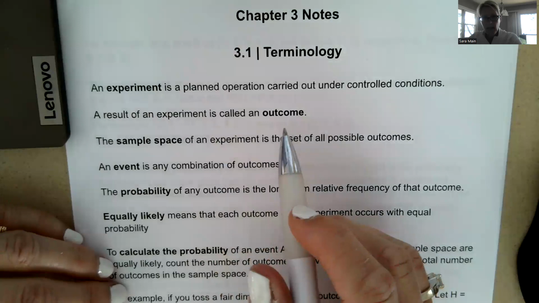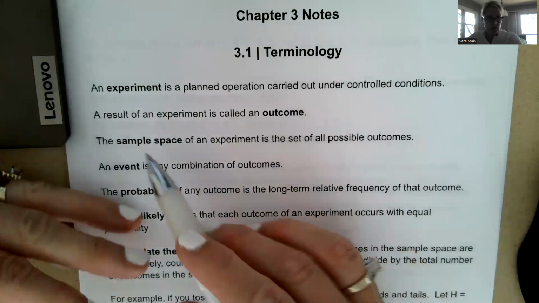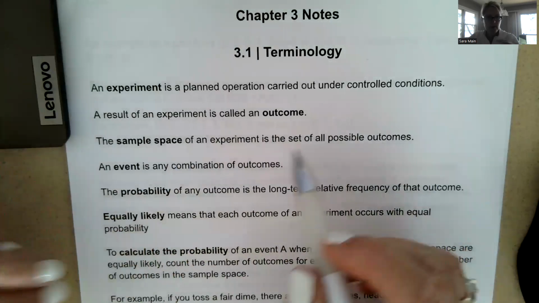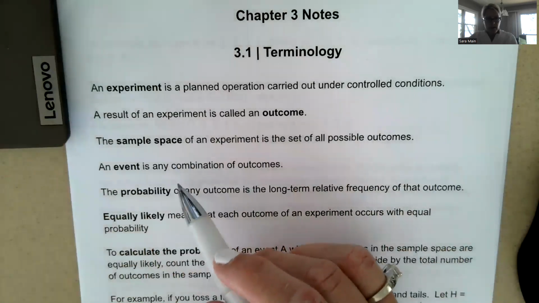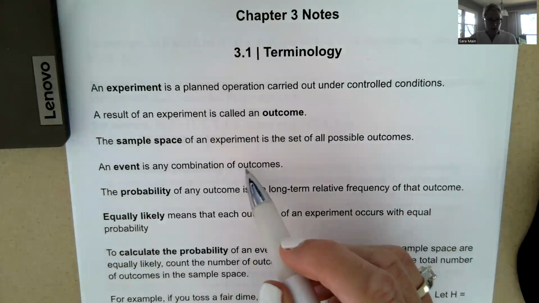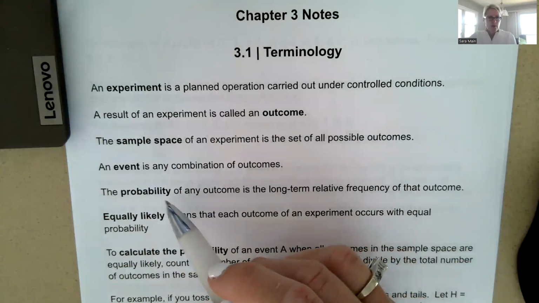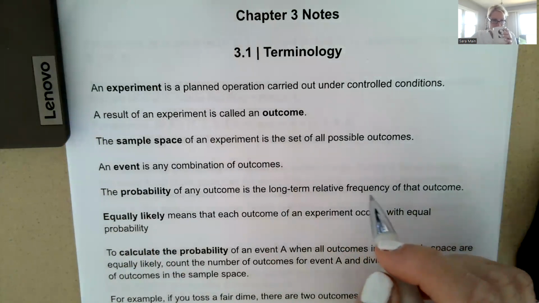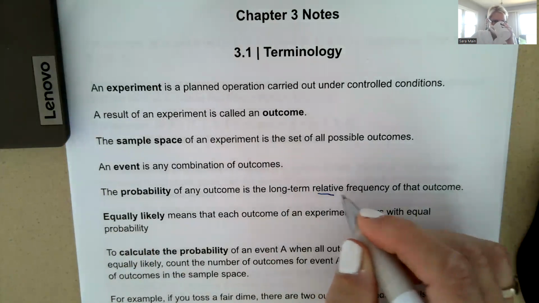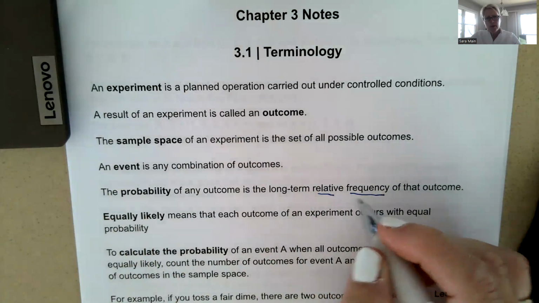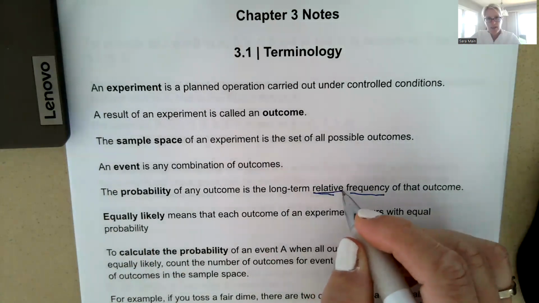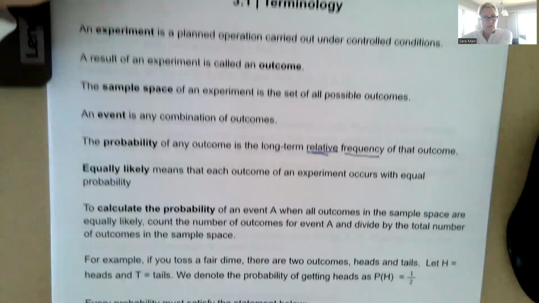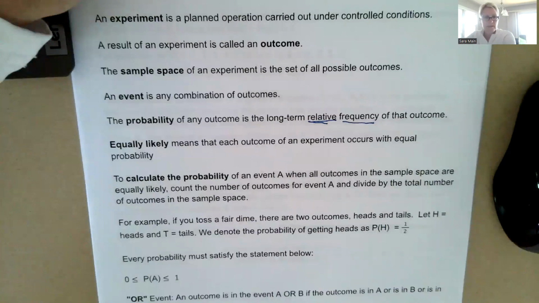Now, for an outcome to happen, we have to have a sample space. The sample space of an experiment is a set of all possible outcomes. An event is any combination of outcomes, so multiple outcomes together. The probability of any outcome is the long-term relative frequency of that outcome. Remember relative frequency? We talked about that in chapter 1 and 2. So as we're coming up with probabilities,